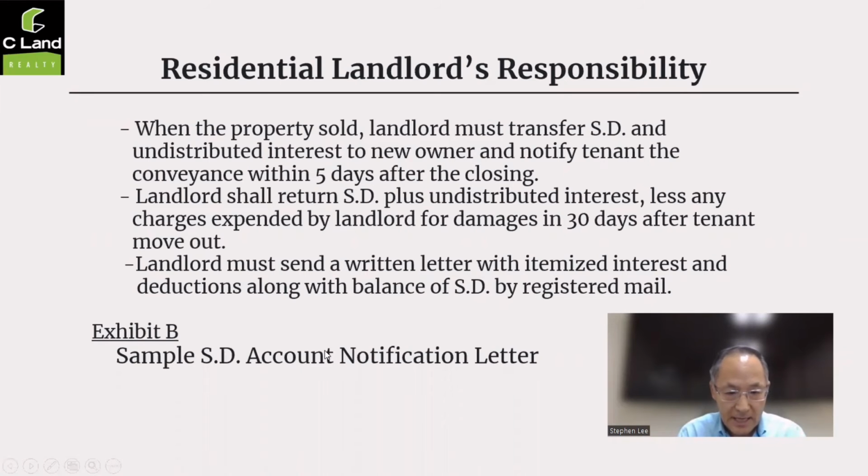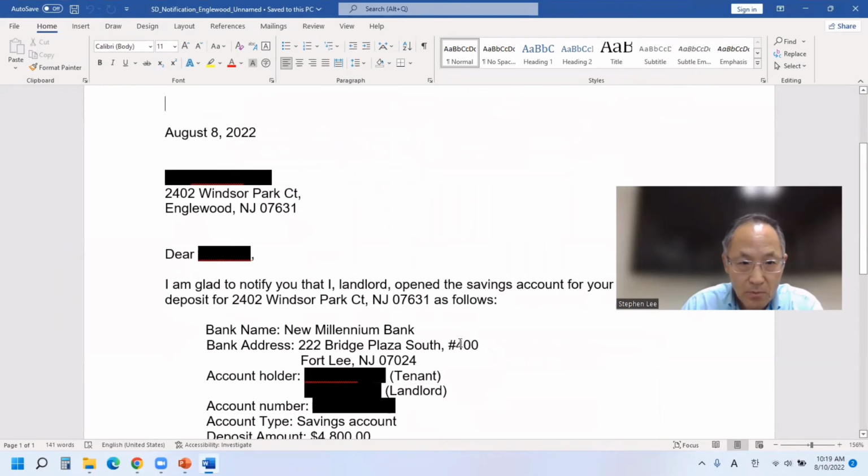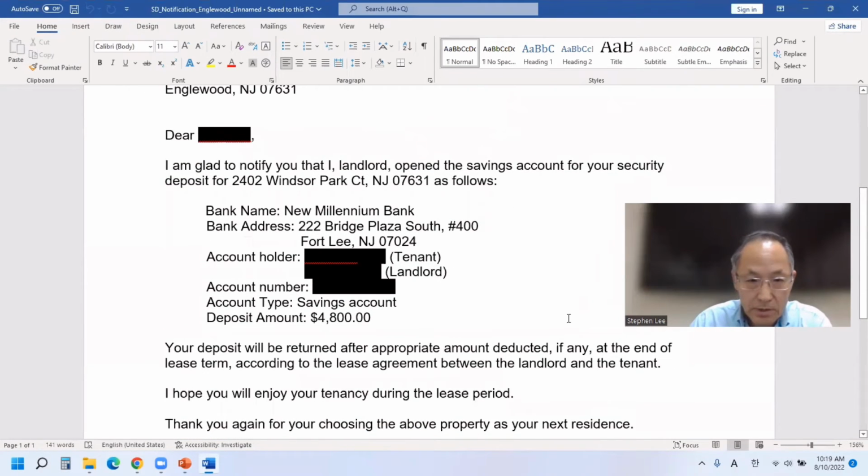And as a sample, I want to try to bring up this sample letter. Let me see, I can do this part. Okay, it's a typical letter, but you need to notify. Once you open a bank account with the tenant's W-9 form, actually the landlord has to go to the bank. That's kind of a pain in the neck. Every tenant turnover, you have to go to the bank and open up a separate account.